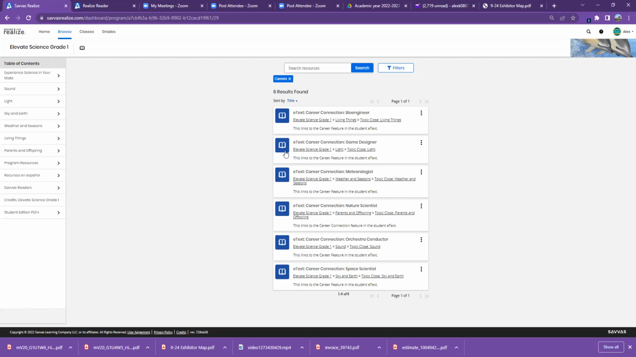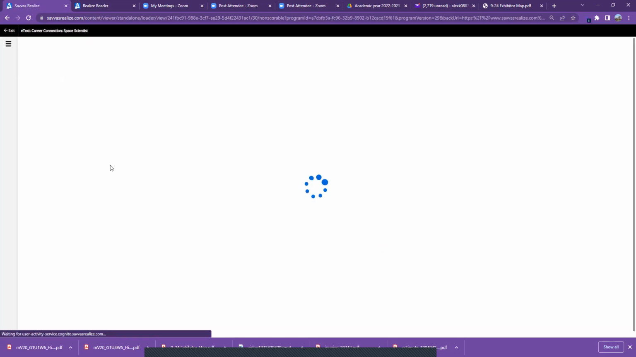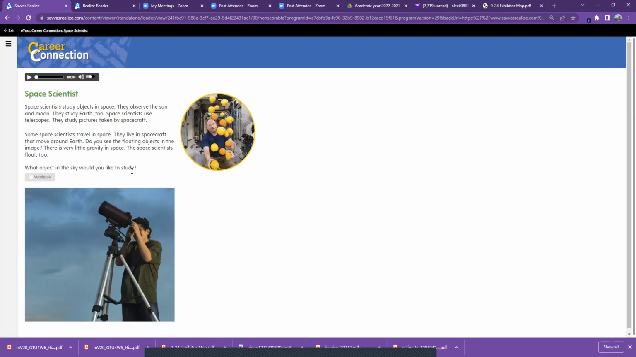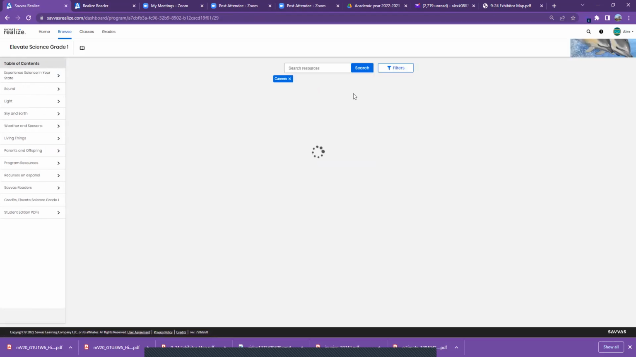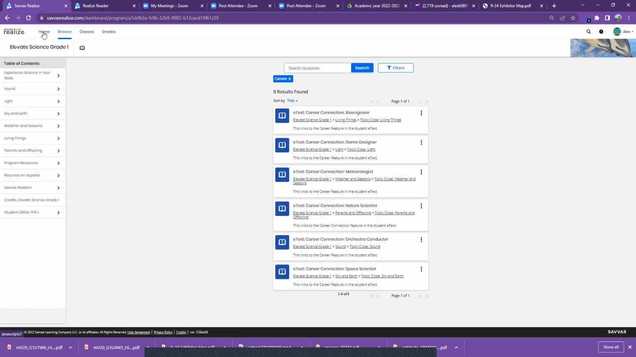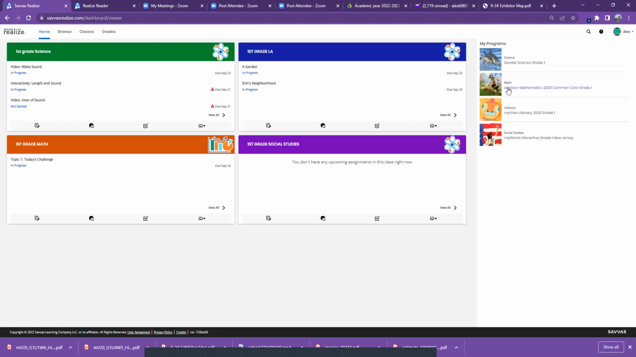For example, you have space scientists. What does a space scientist do? Or you have a bioengineer. What do bioengineers do? So they will have some experiments to teach students different careers. If I click on any of them, it is going to describe what that particular career is all about. So here is about a space scientist. Again, this is one of the good things about Savvas, that it's really real life activities. Now, if I go back